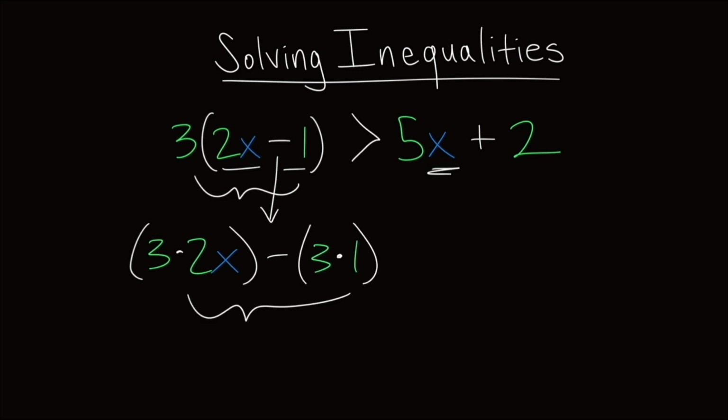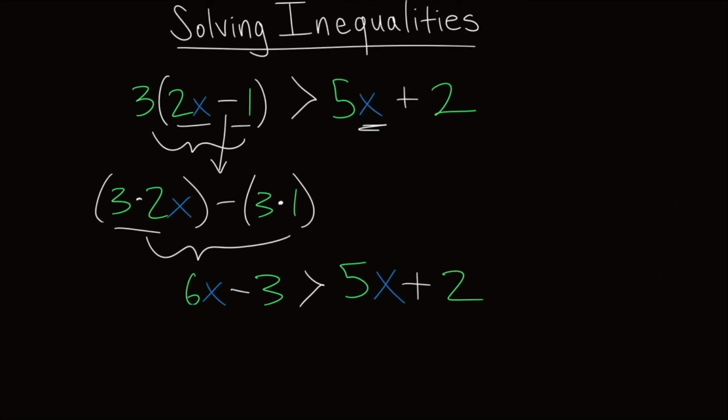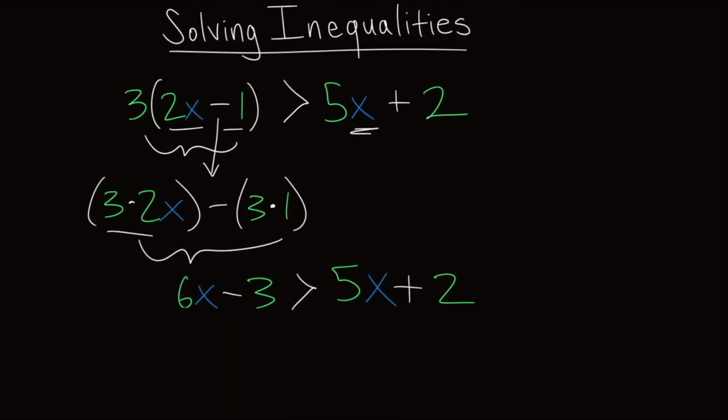Now let's simplify this even further. 3 times 2x, that's going to be 6x. Minus 3. All right, so that's simplified. We'll pull down our inequality operator, and then 5x plus 2, that's already simplified, so we'll pull that down as well. Now we want to try to isolate our x, and I see that we have 5x's on the right,